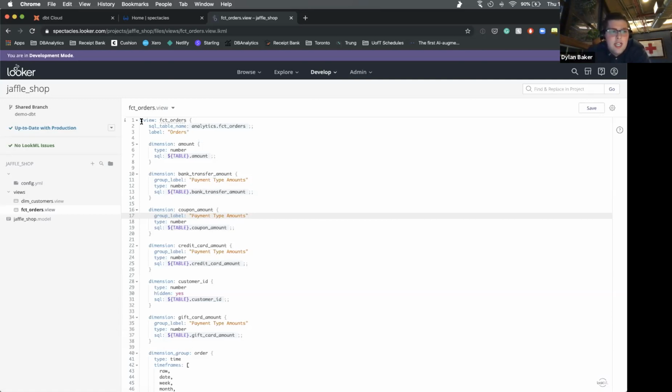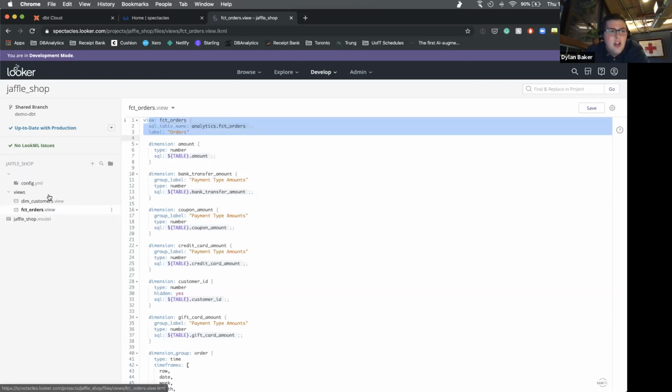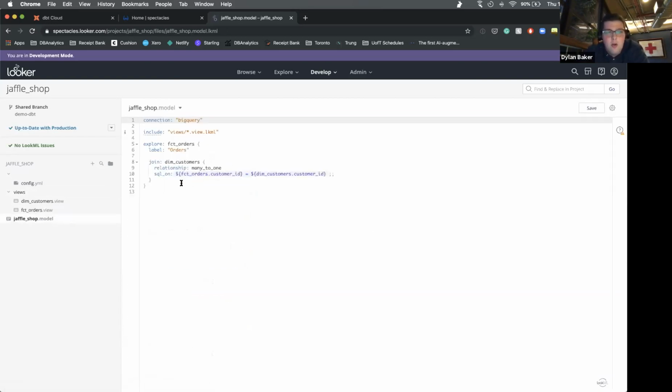You'll see here that I've got two views, the two that we've literally just been talking about, dim customers and fact orders. We combine them together for one explore, which is a definition of a combination of tables. It talks about the relationships between them, so many to one, and how to join them and what the keys that you join them on are, for example.